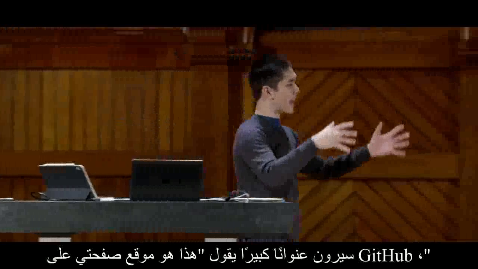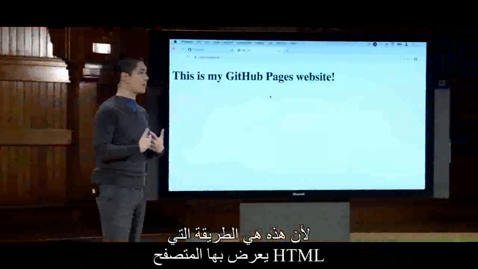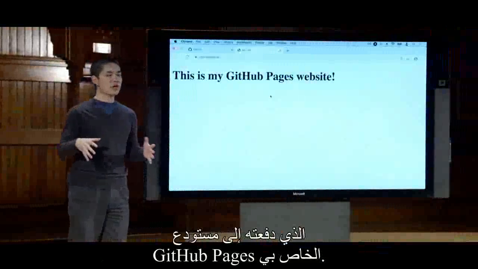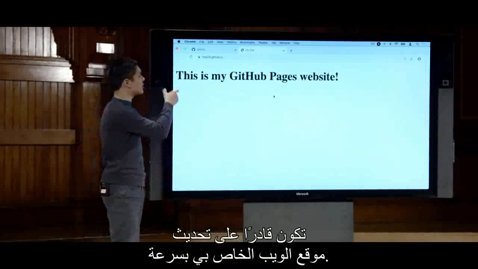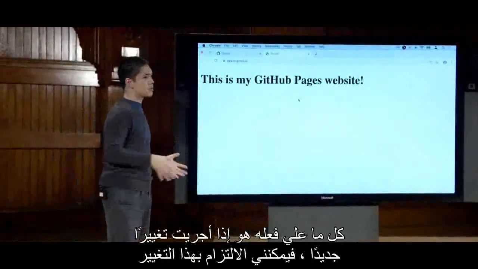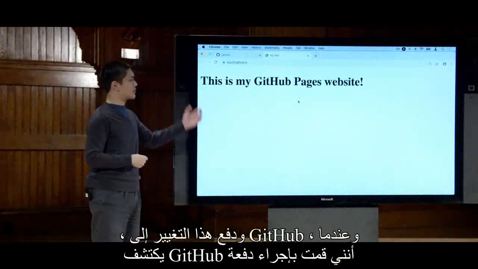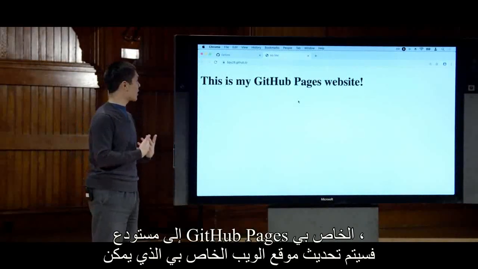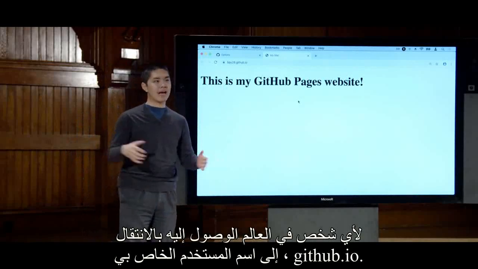They'll see a big heading that says, this is my GitHub Pages website, because this is the way the browser is rendering the HTML that I pushed to my GitHub Pages repository. And the advantage of doing this is that it's very easy now to be able to quickly update my website. All I need to do is if I make a new change, I can commit that change, push that change to GitHub, and when GitHub detects that I've made a push to my GitHub Pages repository, then it will update my website that anyone in the world can access by going to